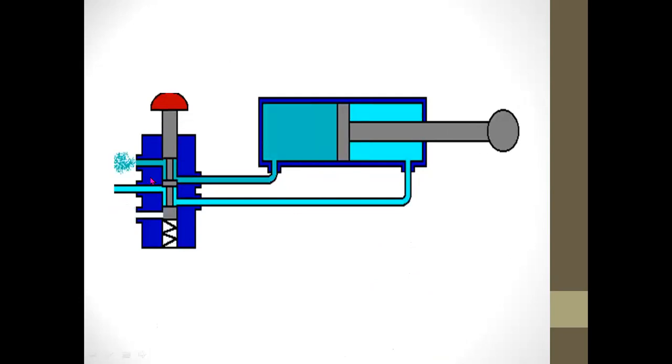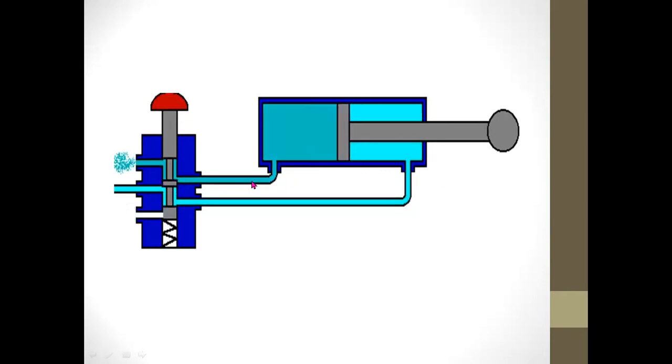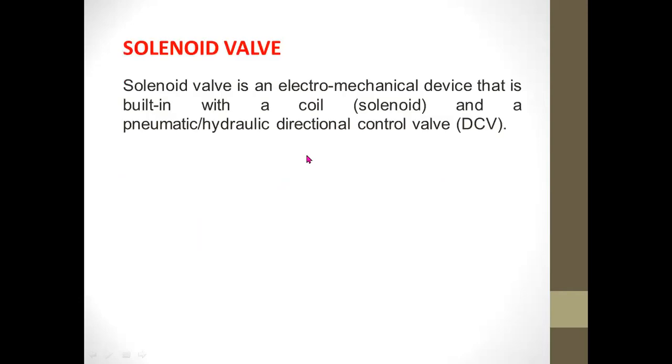As you can see, air is used both in the extension process and the retraction process. Now for the solenoid valve, we defined the solenoid valve last time